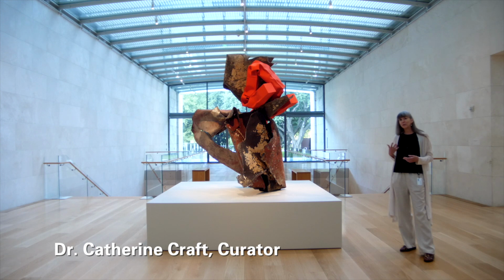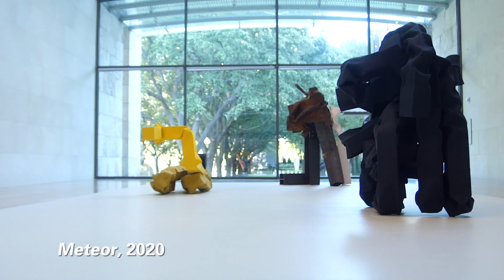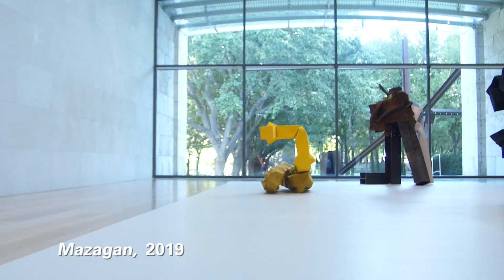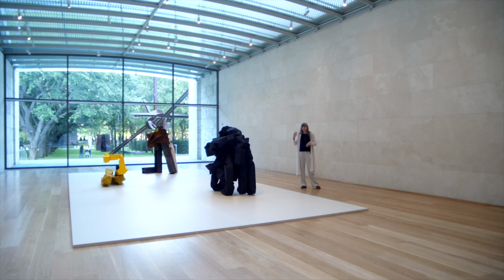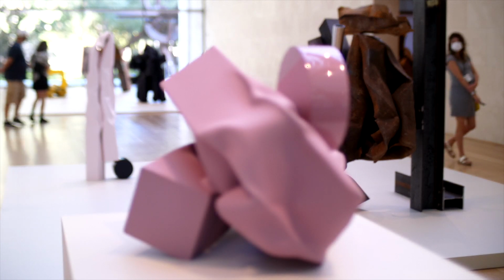And there's an enormous amount of engineering and thought that goes into making these sculptures appear like they can just kind of float, or as if they just have landed from another place. You'll see a number of the sculptures have these round elements that Bove calls polka dots. And they're these points of punctuation and entry into the sculptures, and they really play with your sense of perspective